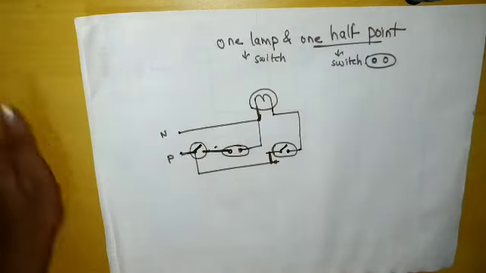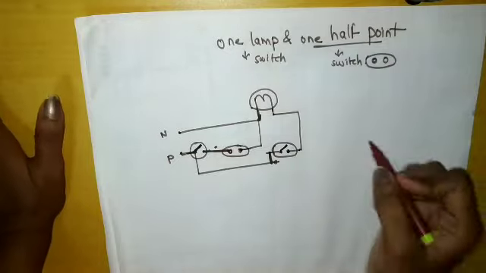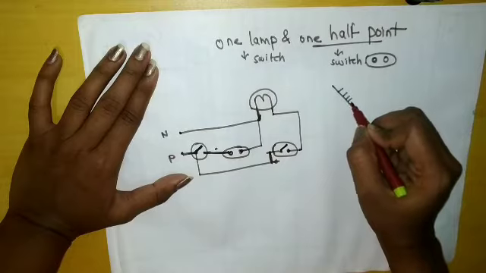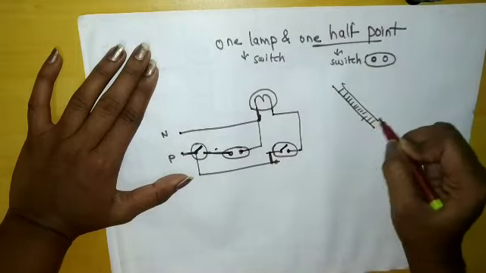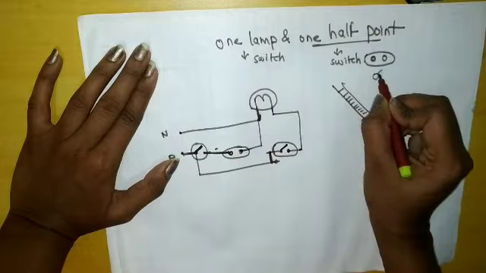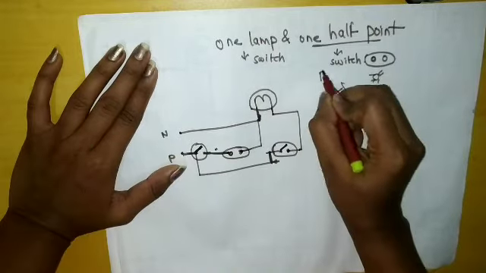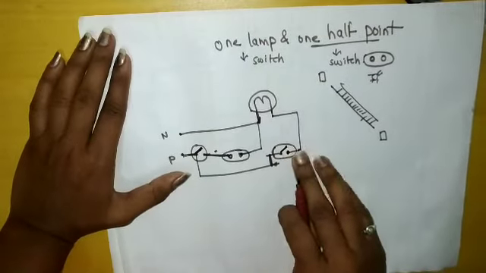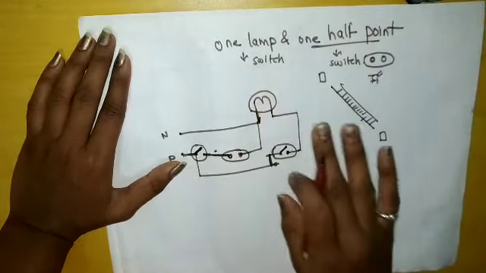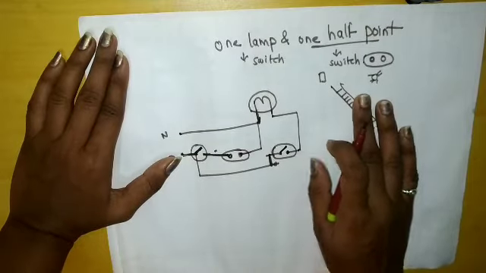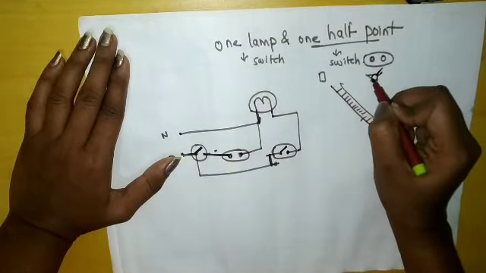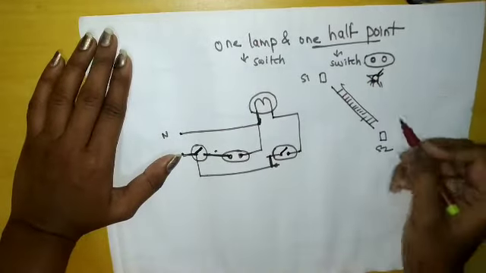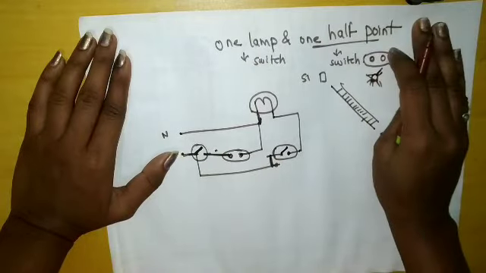Now we will see staircase wiring. What does staircase wiring mean? Consider this is our stairs. Now our bulb is here, right? This bulb is controlled by two switches. Now we have seen the normal condition, where we operate one bulb from one switch. But here we are going to control this one bulb by two switches, switch S1 and S2. Now consider this bulb is off.